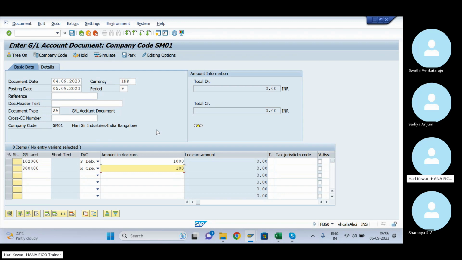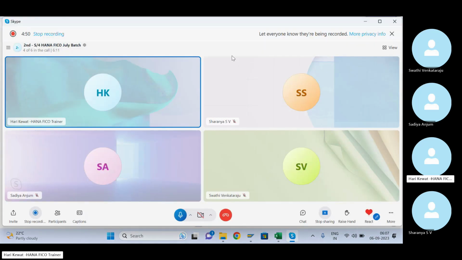Okay. So if you have such a business requirement where you feel that a user should not post some kind of document directly, rather he has to park the document. That parked document should go to higher level approval, then higher level approval, then higher level approval. It depends how many layers you have built. In that scenario, parking comes into the picture. So you are getting now what I'm telling. What is parking? You are getting now why we need parking a document.